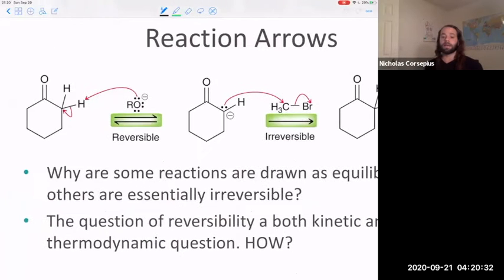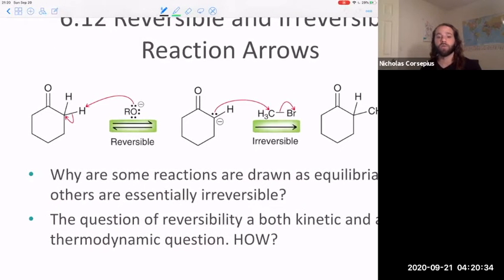This double-headed arrow is meant to represent a reversible reaction. I actually draw mine kind of the lazy man's way like that. It's meant to represent a reversible reaction, meaning one that can go back and forth. It's kind of my default go-to for an arrow because in theory, all reactions are reversible. When we use just the single